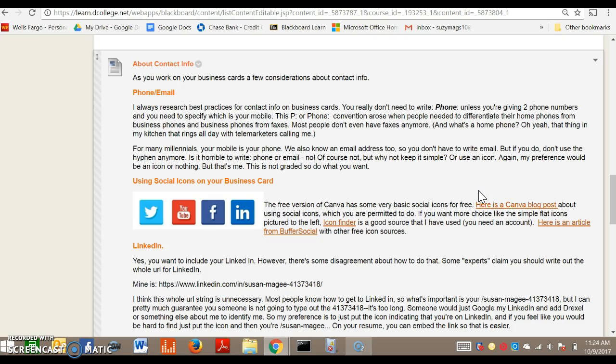Canva does have some really basic ones with the free version. You have to upgrade to get the better ones, but there are a lot of sources. One that I'm pointing out for you is Icon Finder, which I've used in the past. And I also included an article here from Buffer Social, which will show you many sites that have a lot of different icons. And having little icons can be helpful for other design projects as well. But there are a lot of styles of social icons. Like these here are the flat icons, but there's all kinds of, there's shadows,